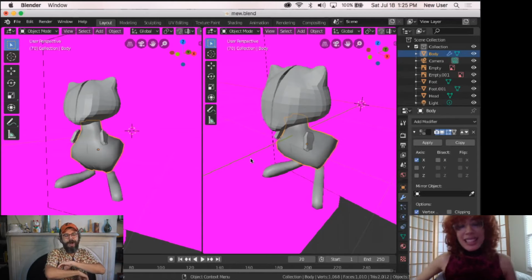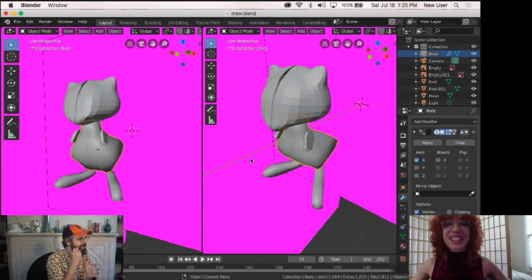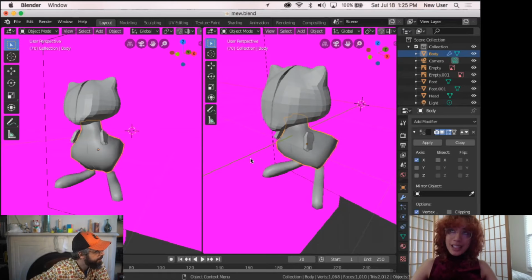I'm sure I'm opening up a huge can of worms here, but in the basic sense, if people want to 3D print what they've made, is there any extra steps they should think about? Yeah, so